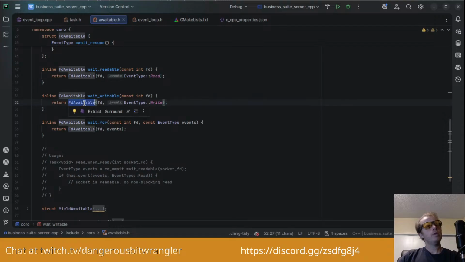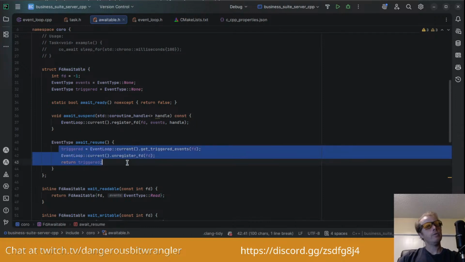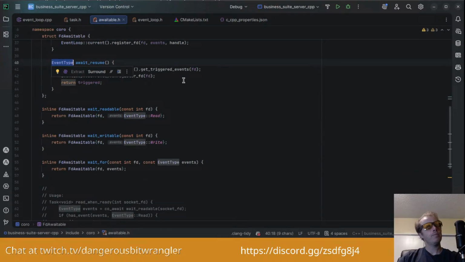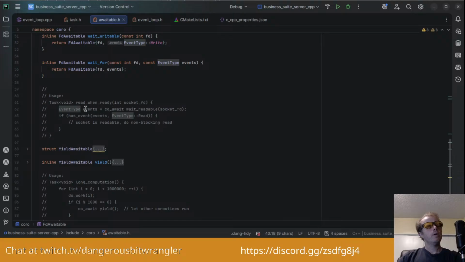But the FD waitable is basically internally a promise. And I think when it resumes, it's going to give you the event type enumerator as the result. And so then you'll get an event type or events, multiple event types.